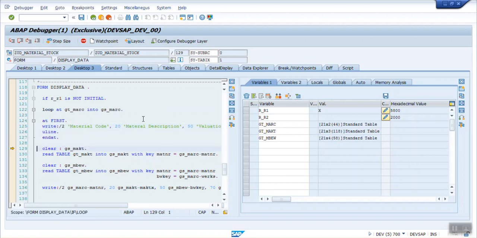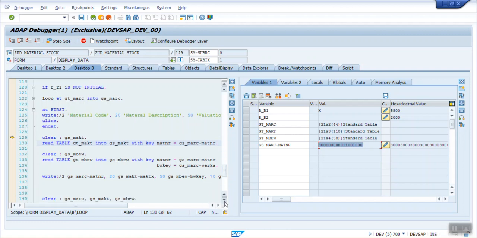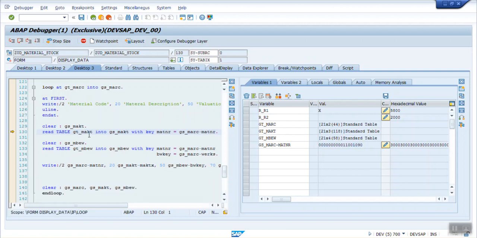Now here in MARC we have the current material code, that is 1090, and in the MAKT table there are 21 records. So with the read statement, the system will read this table data into the work area. Currently the work area is blank.